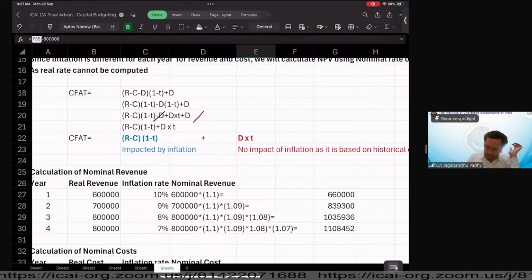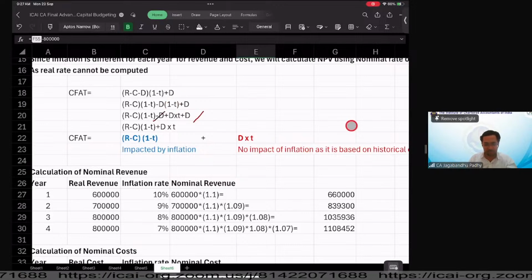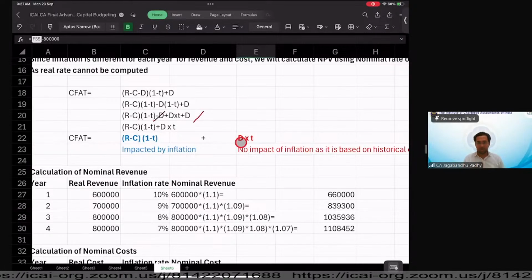Let me complete. Wait. Mathematically, we have subtracted depreciation and then added back depreciation, right? Then this equation itself, we opened it up, right? So subtracting depreciation, giving the tax effect and then adding back depreciation is the same as just adding the tax impact of depreciation. So mathematically, it is just the same. Okay, fine. Got it. Yes, it's the same thing that we are doing, but mathematically we are separating it. Yes. Okay. Thank you, sir. Perfect.